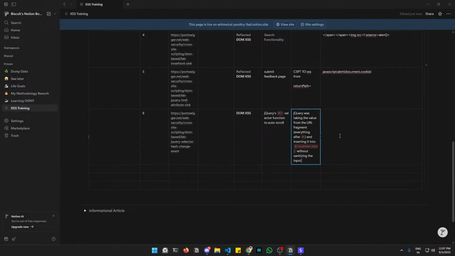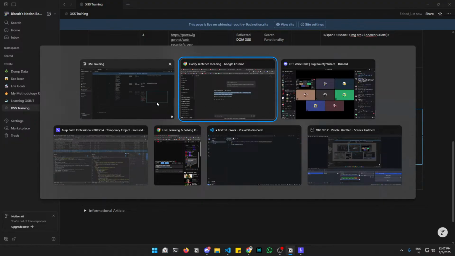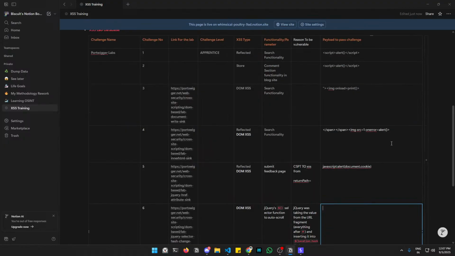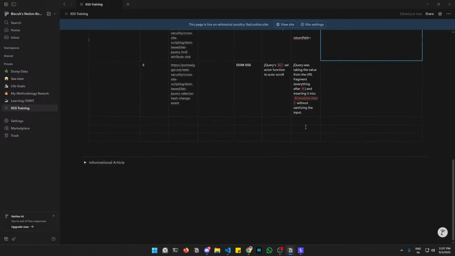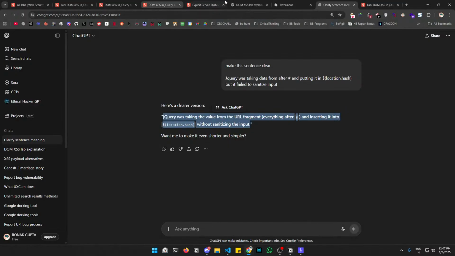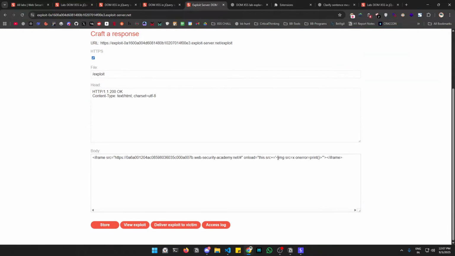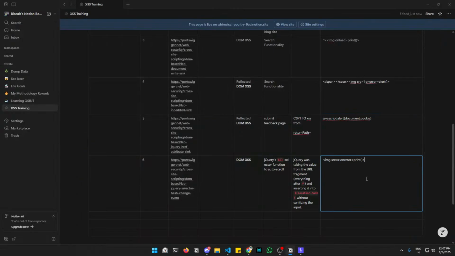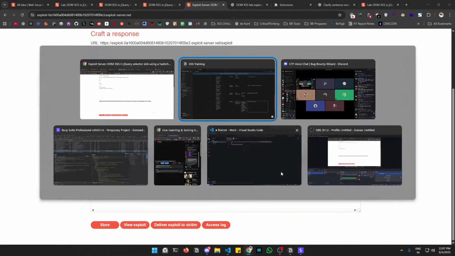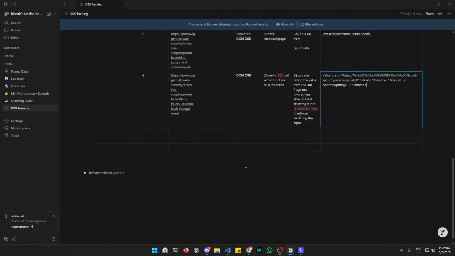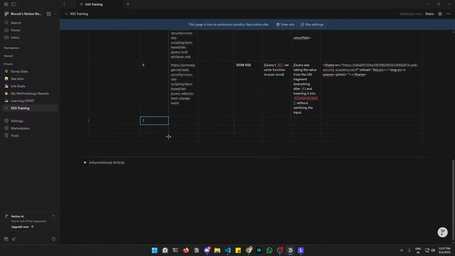Okay, cool. And what was the payload? Payload can be used like, it's not important to use just the image tag. Probably we can also use a script tag with the print on it, but the lab specifically asked for this payload, so using print, no problem. So now seventh,